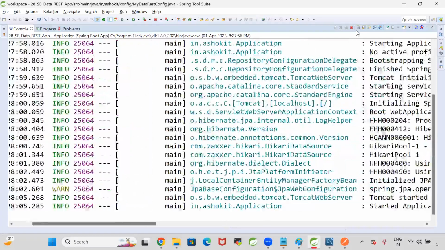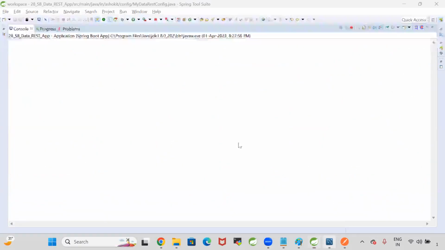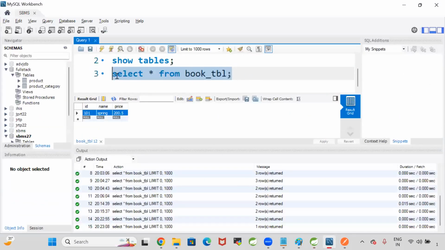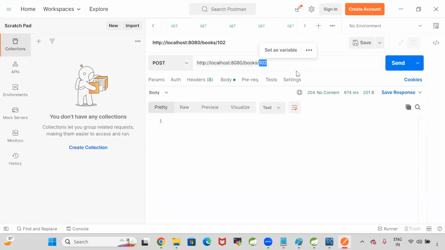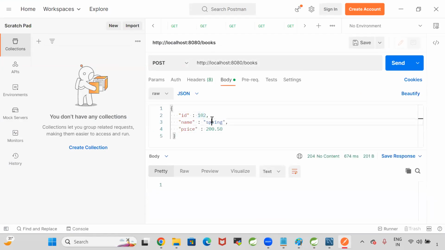Clear the console. Now go to this table. Check how many records are available now. One record is available. I want to insert one record now. Let me go for a POST request. Body: 102 record, and I'm going to insert the record as Angular, and the price I'm keeping as